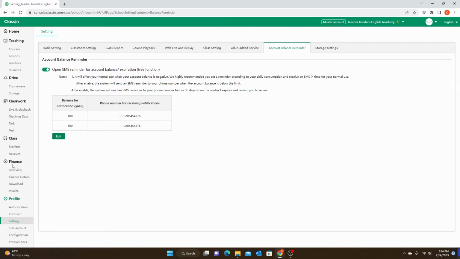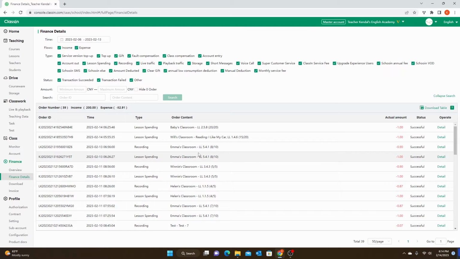So if you go to the finance section and click on Finance Details, and again, this is more important for consumption users, but if you have a subscription and you just started the subscription, I highly recommend looking at this just to make sure everything is working correctly in your account. So if you have a consumption business account like me, you will see every single class that